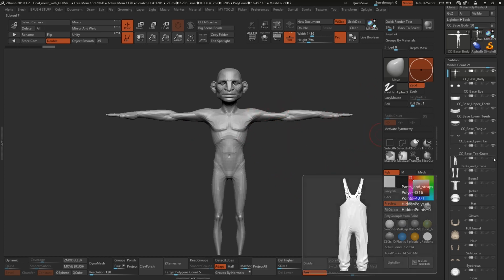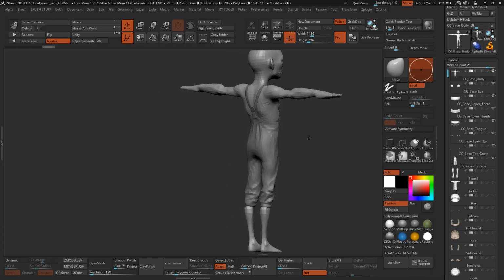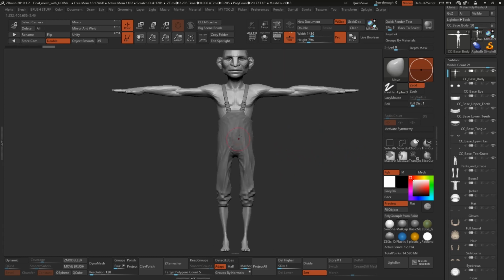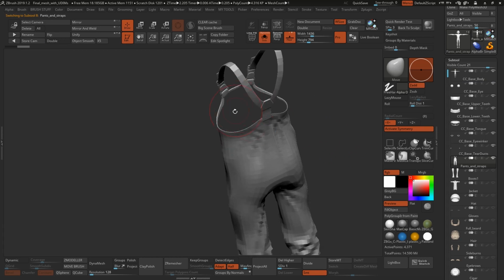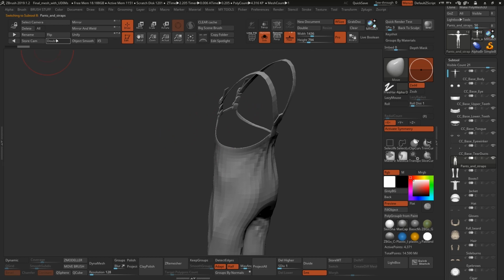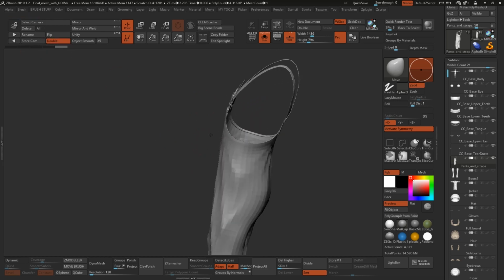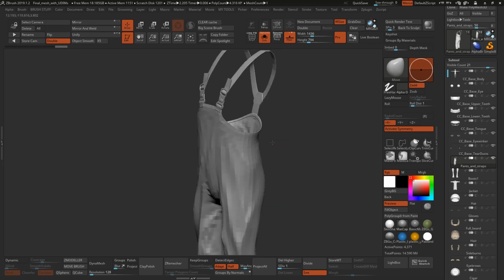So the first one is the pants. Well, these are the pants for the fisherman. So I'm going to select that and go into solo mode. It's pretty straightforward. You cannot see here the other side of the polygons because in ZBrush I have the visibility set to double off. But this is just to show that it is a single-sided polygon, and the thickness that